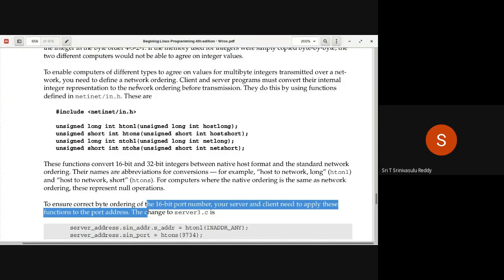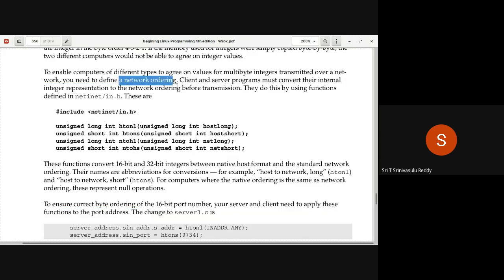You need to define a network ordering. Client and server programs must convert their internal integer representations to the network ordering before transmission, right? And they do this by using the functions that are available in netinet/in.h.